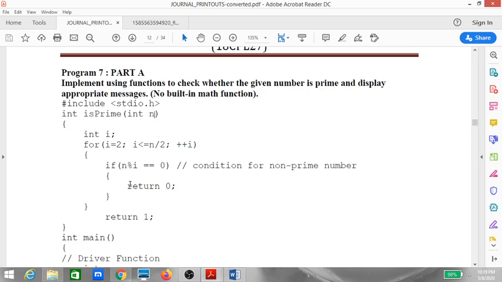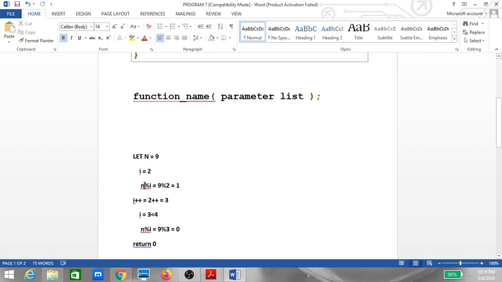So I enter the for loop, and in this if condition I am checking n mod I. What is the mod operation? The mod operation gives you the remainder. If I divide n, which is 9, by I, the remainder is given by this operation. Currently the I value is 2 and the n value is 9. So if I divide 9 by 2, the remainder I'll get is 1, because 2 fours are 8, and the remainder will be 1.